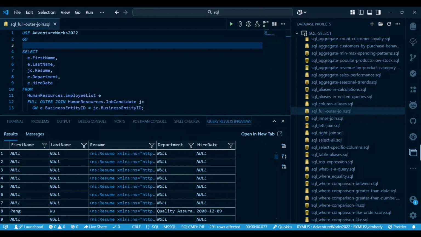If there is no match, the result is null from the non-matching side. Suppose we want to list job candidates and employees, even if there's no match between them because a candidate was not hired. Full outer join returns all rows from both tables. The full outer join is valuable in this case because it provides the complete universe of records for the hiring